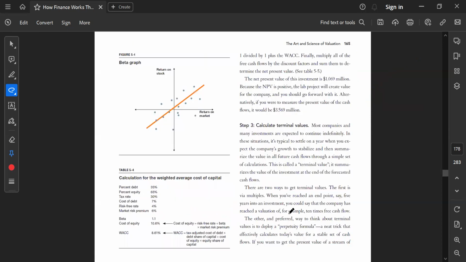Okay, so this is how we calculate the cost of capital. And then step 3 is to calculate terminal values. अब terminal values क्या होता है कि